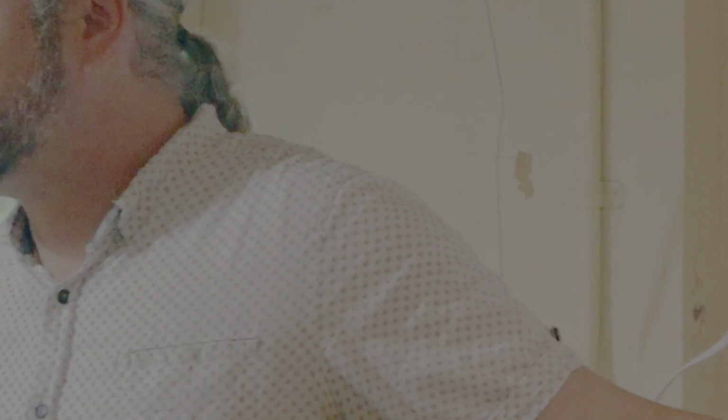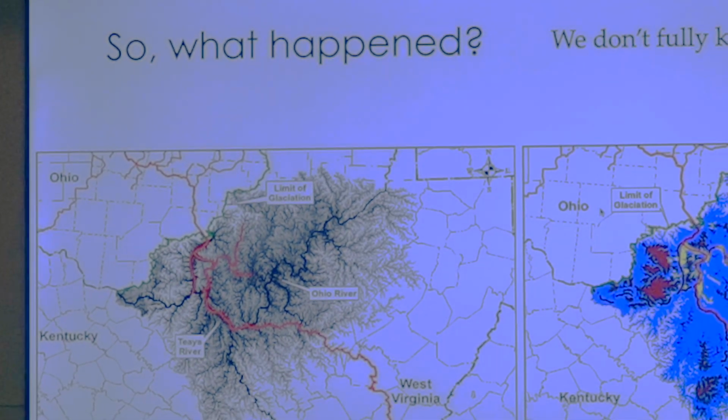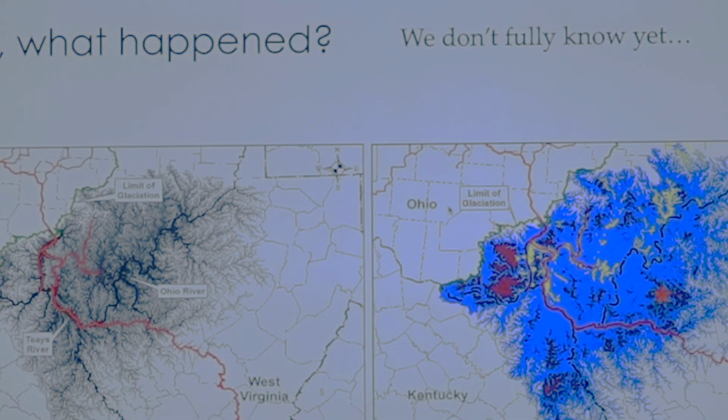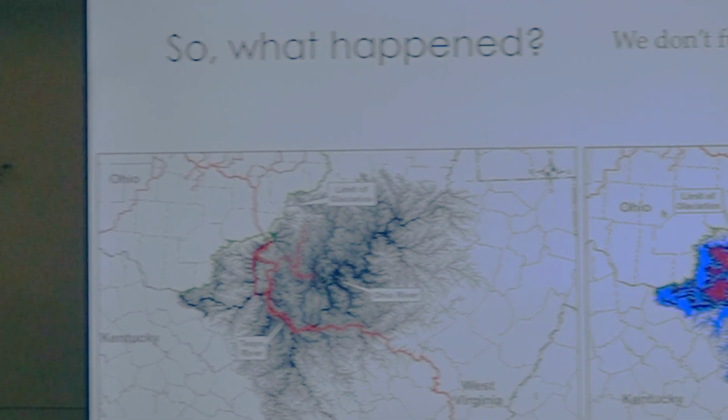So how did it get there? Good question, right? It walked, yeah. When it was alive, yes, but how did it get preserved there? So we don't know yet, and this specimen is still being held by the family that owns the land, which is not Kevin's family, and they haven't yet donated it to science. So there's not much we can do on this specimen until it gets donated to somewhere we can actually appropriately